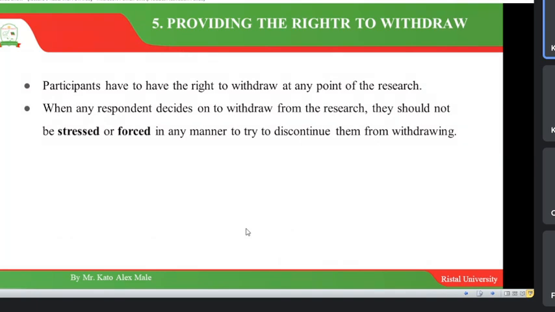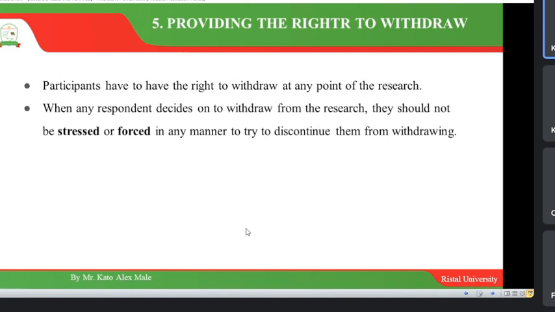Then the other principle is providing the right to withdraw. Participants have the right to withdraw at any point of the research, so long as they are not comfortable with any ongoing procedure. You get it? Yes, they have that right. And please, in your informed consent form, you must illustrate this. I will give you samples of these informed consent forms when you reach research methods